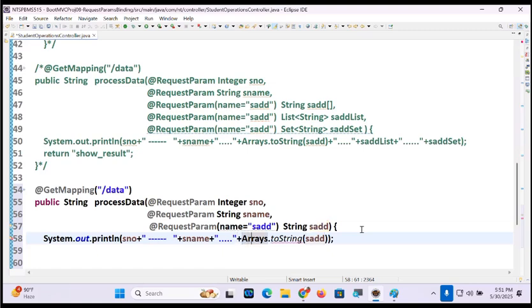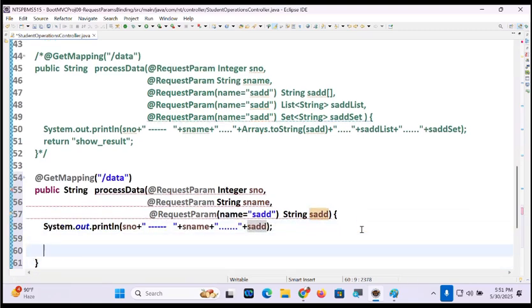SNO, SName, arrays dot toString. This is a simple variable, no? What is the need of this? SADD. Return show underscore result. That's great.